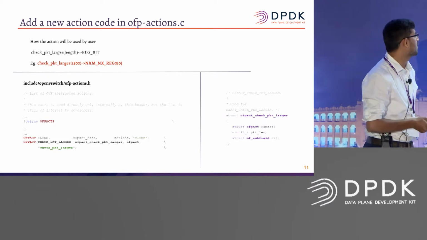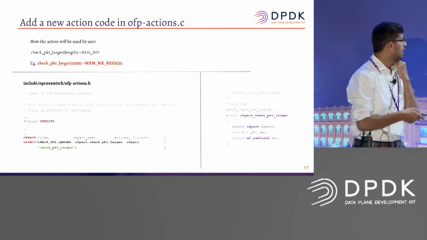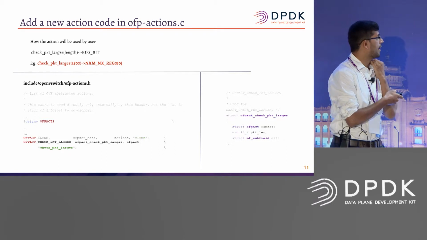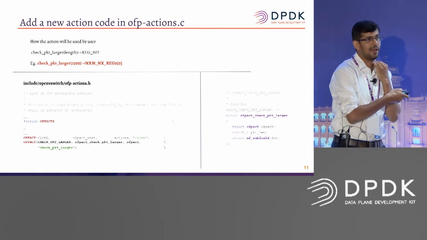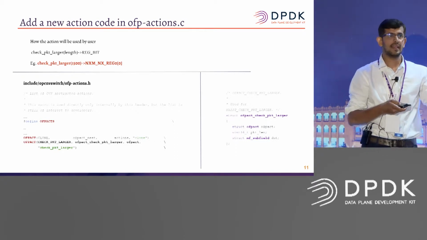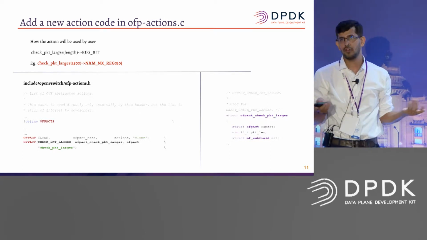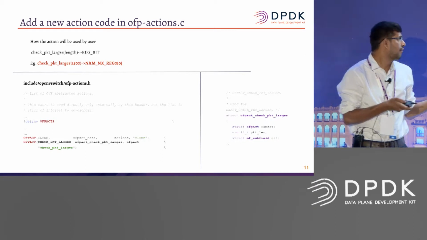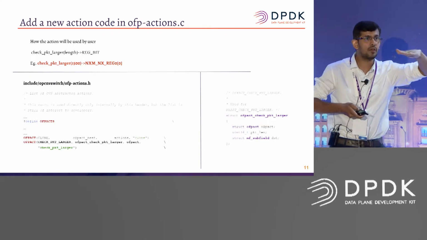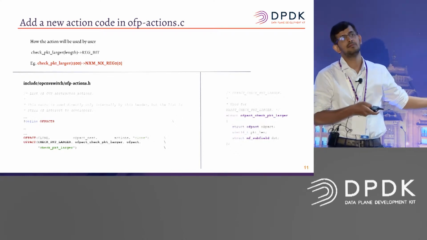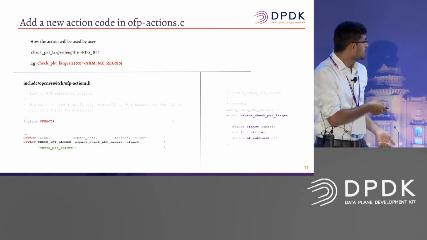Okay, so this is just an example. In our case, we thought that we'll add an action called check packet larger, which would take the packet length and store the result of that particular evaluation into this register bit. OVS has something called registers. These are like scratch pad registers, like variables you can think of, and they are valid for your pipeline. You can store whatever you want, an IPv4 address, whatever you like. It will be temporarily stored. And later on in your flow table, you can say that if this particular register is set, do this, and so this is how